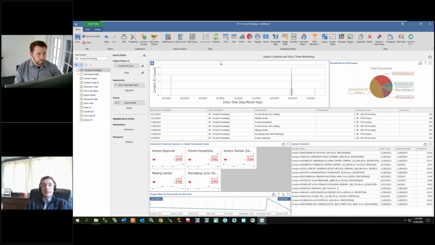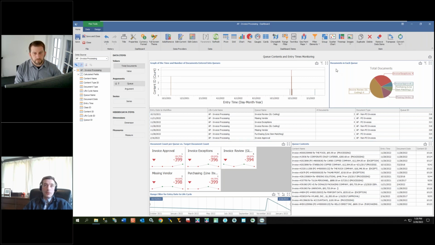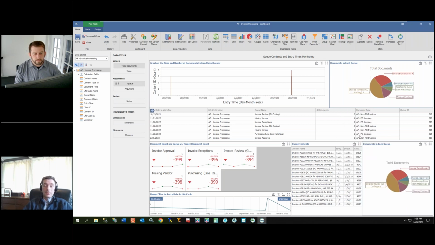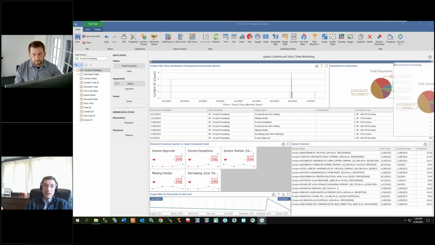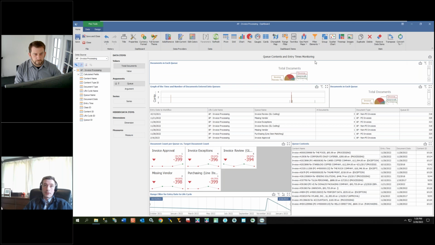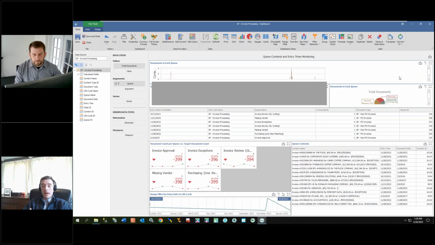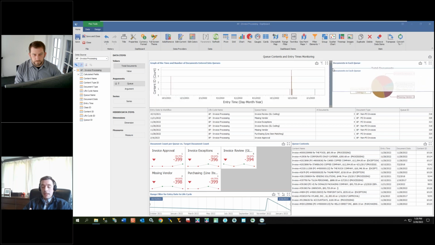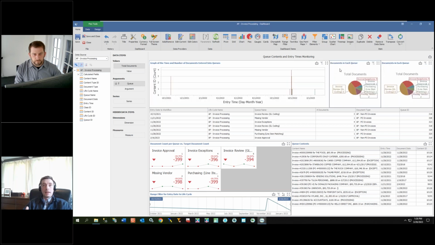So let's say Dan were to go into that pie chart in the upper right, and he wanted to turn that into two separate. He can simply right click, he can duplicate this, and then within one, he could edit the filter to only show the count for exceptions, and in the other, only show the counts for non-exceptions. So it really shows one simple way you can go about making sure that only the correct data